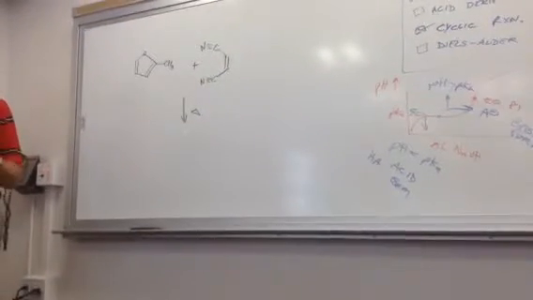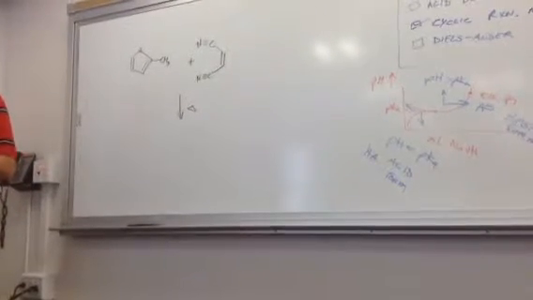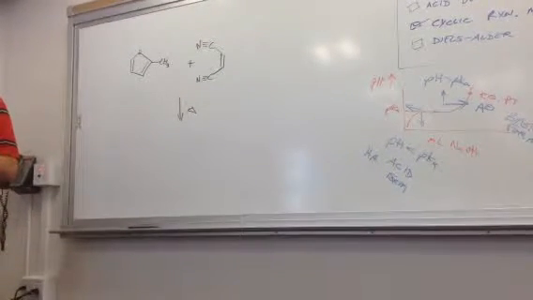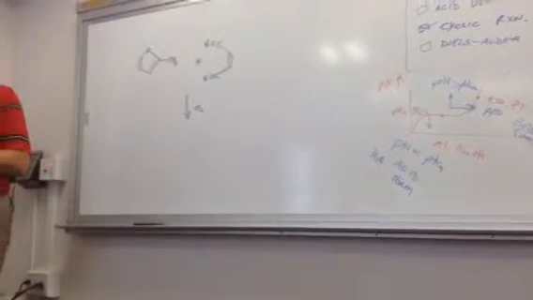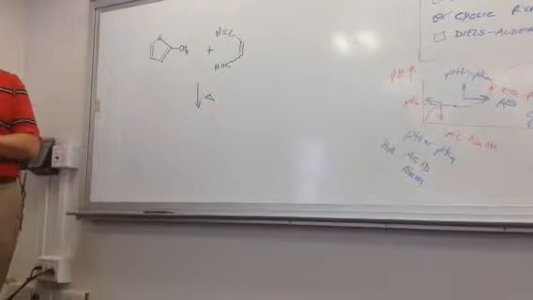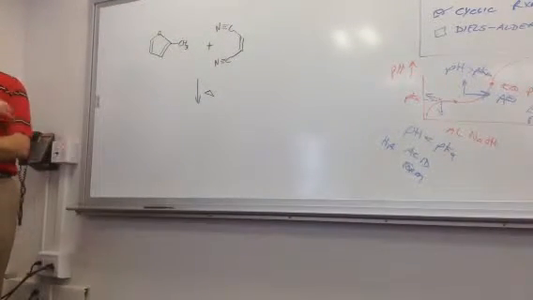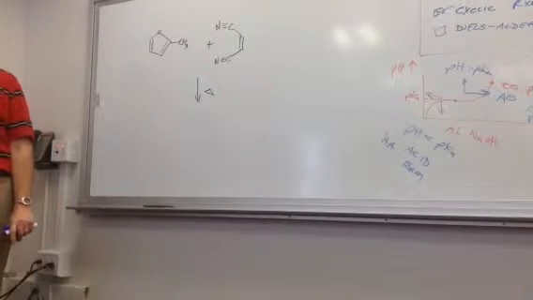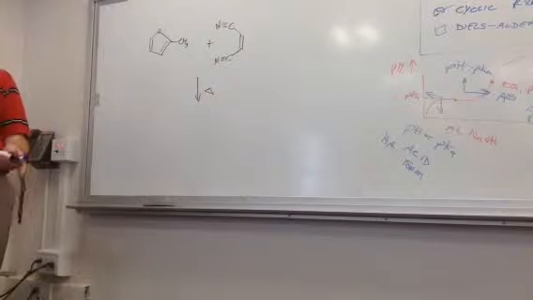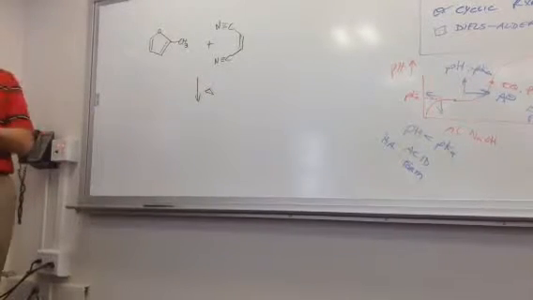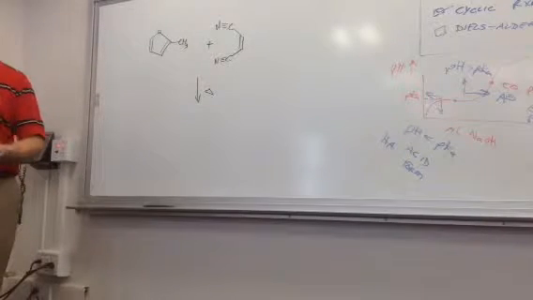One year, I always drew the diene on the left and the dienophile on the right. When it came to the exam, people always assumed that the left molecule was always the diene. So I had to get more sneaky after that and teach it where they kept switching places so people didn't just immediately assume the left molecule is the diene. So that's one of your first tricks, is you got to be able to figure out who's the diene and who's the dienophile. By definition, the diene is